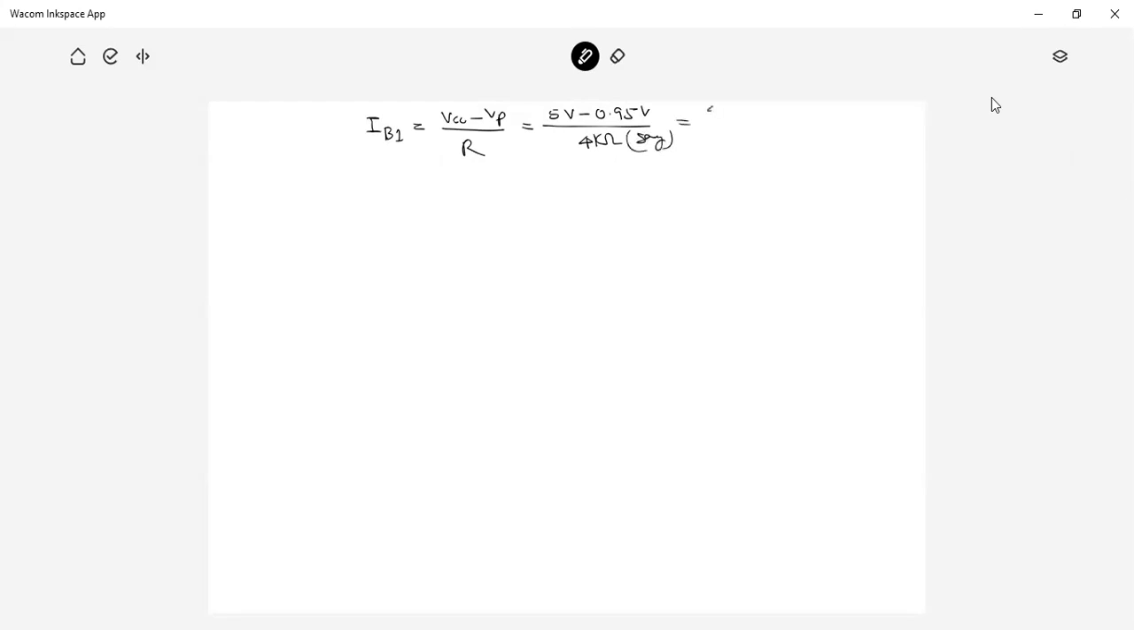So this value is 4.05 volt divided by 4 kilo ohm, which is equal to 1 milliampere current. And IC1 is HFE into IB1. So HFE is 50 into 1 milliampere. So this is 50 milliampere. This is the IC current. So this 50 milliampere